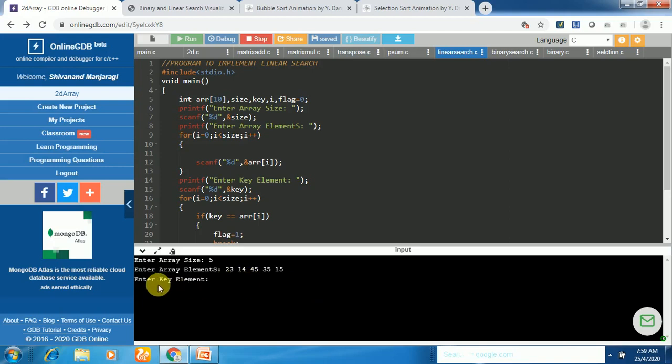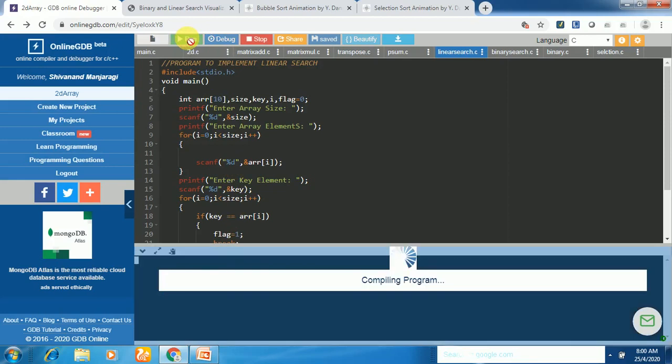After that, enter the key element, that is the element to be searched. Suppose that if you want to search for the element 45, then it is showing the element 45 is found at position 3. The position of the 45 is basically its index plus 1, so it is 3 here. So let us run this program once again.